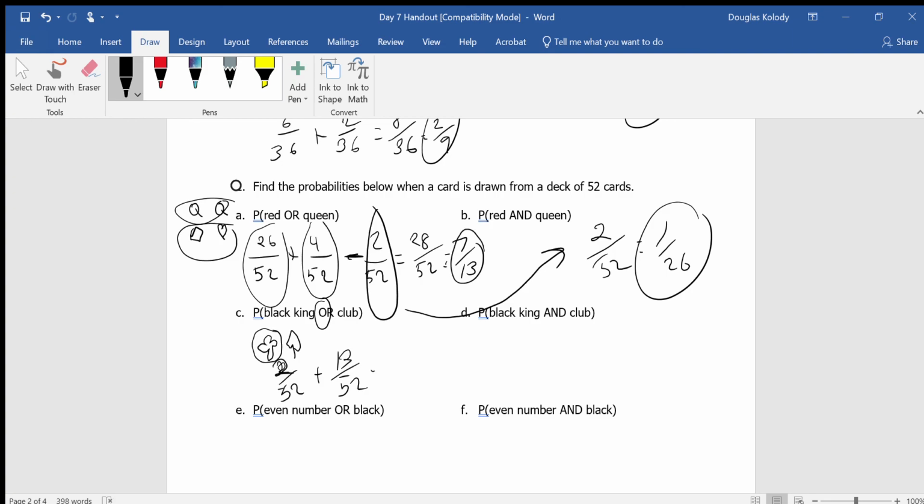So I need to subtract away anything I counted twice. Well, I counted the king of clubs in the first, and I counted the king of clubs in the second, so I'm going to subtract away the 1 king of clubs that I counted twice. The only king of clubs. So 2 plus 13 is 17, minus 1 is 16 out of 52. And that reduces